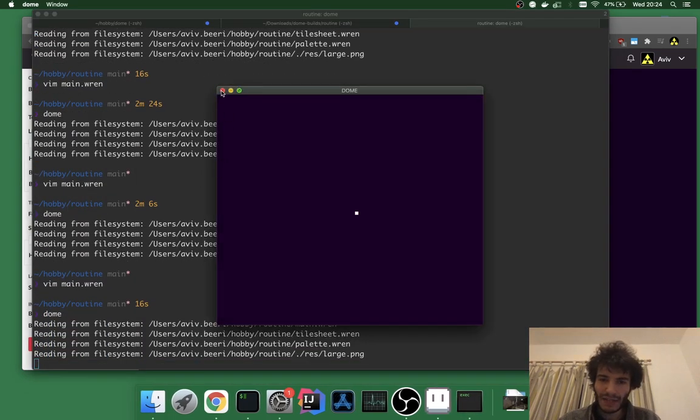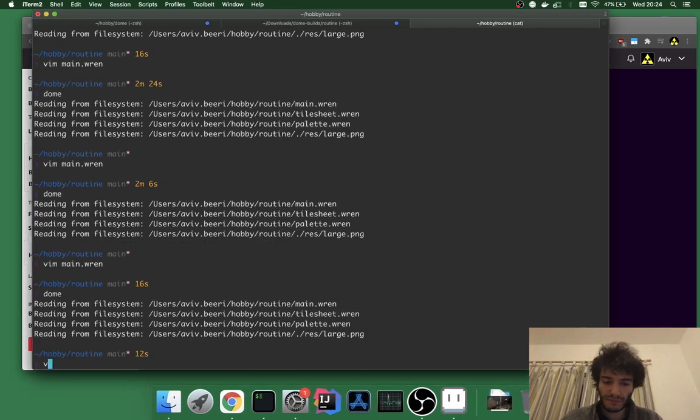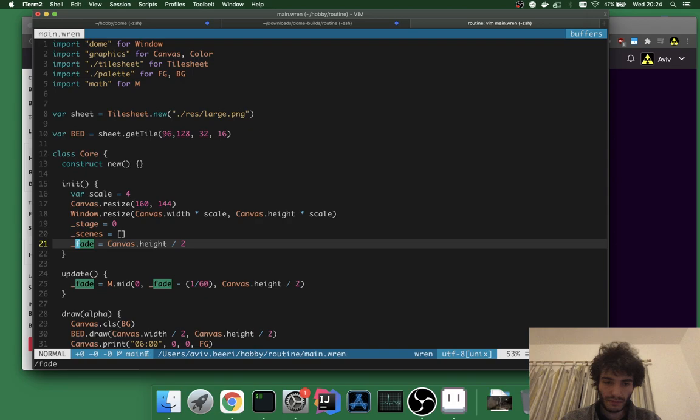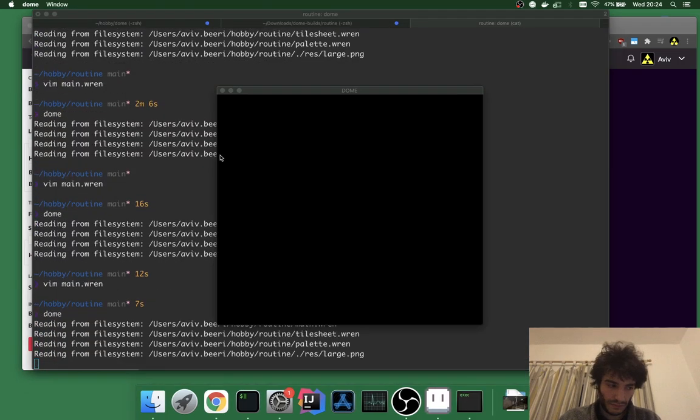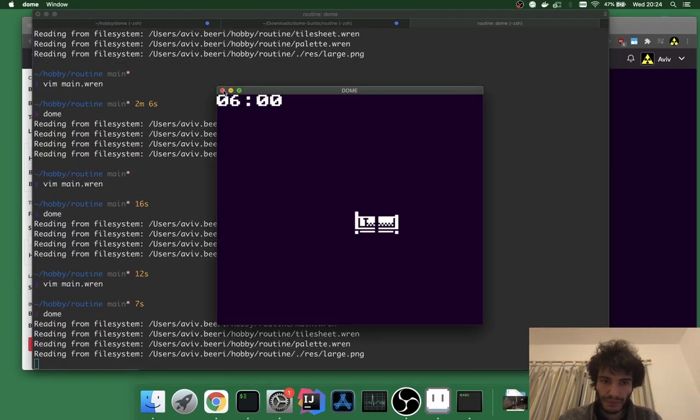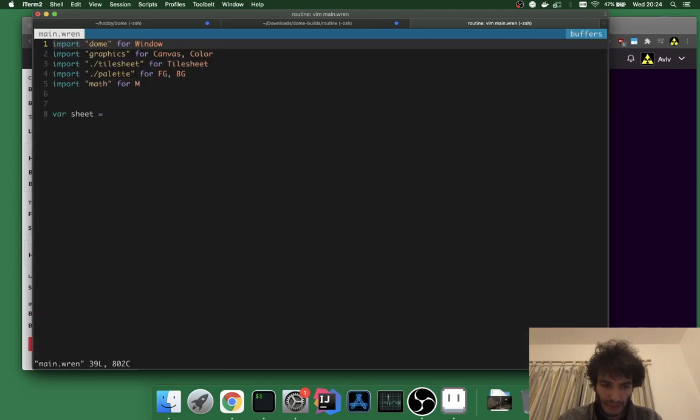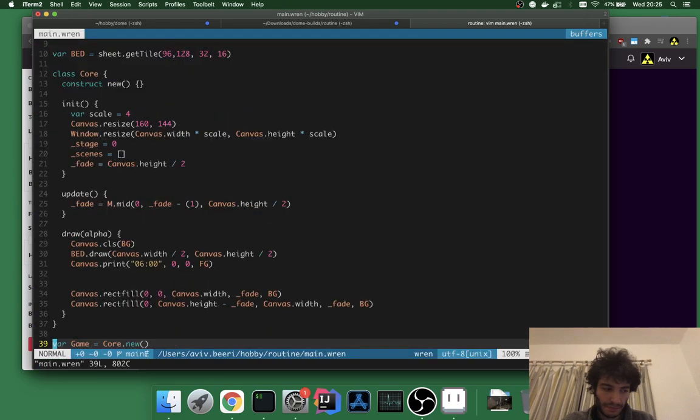Oh, but you can't even tell because it's all going to be the same color. Unless there's like a line. Let me put a little line in just to